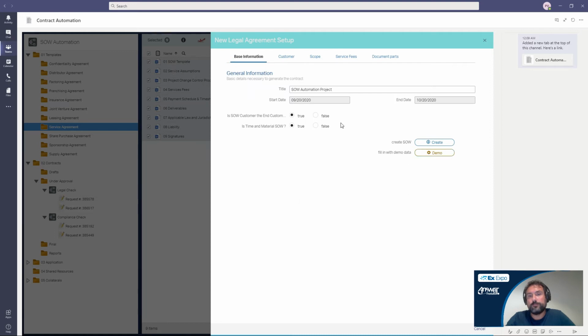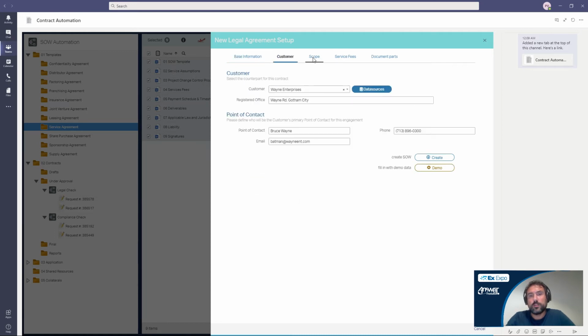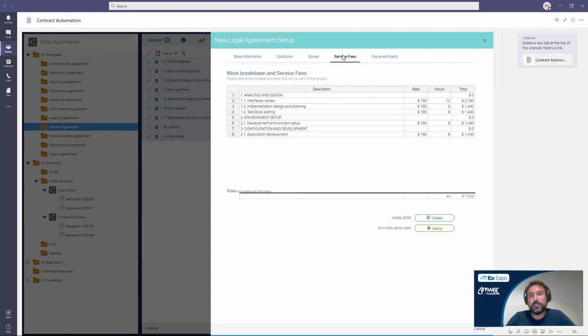So if we go back to automation, you'll see that we have filled in the form with some demonstration data. What we can do is, for example, add an additional row here. So 322, say deployment, and here we will specify the rate we are going to apply and the number of hours, and the system automatically computes the total for this row and updates the global total both for hours and money. So what I can do now is hit the create button and trigger the creation of the actual